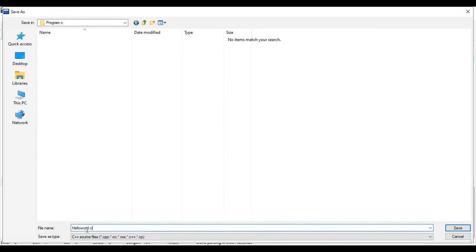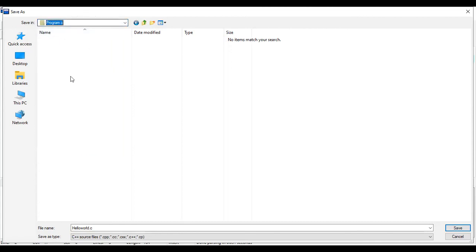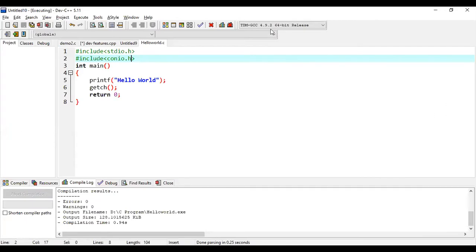Now this file hello world.c is going to be stored in this folder program C, which is available in this D drive. Now click on this save button. So now the program has been saved in the name hello world.c.